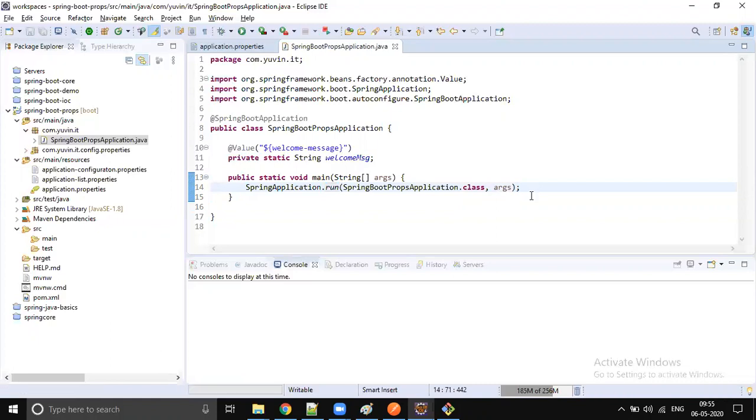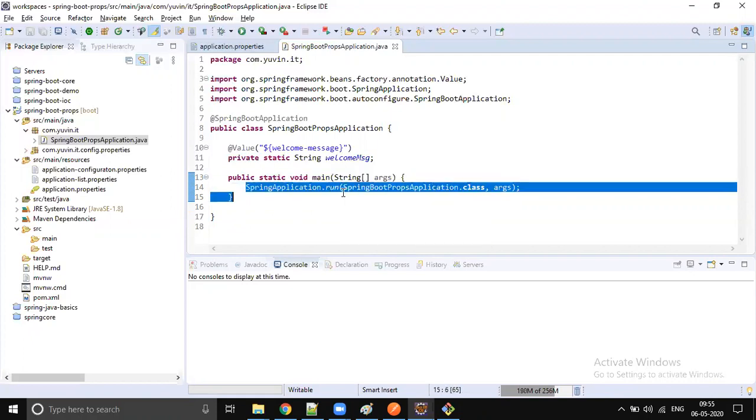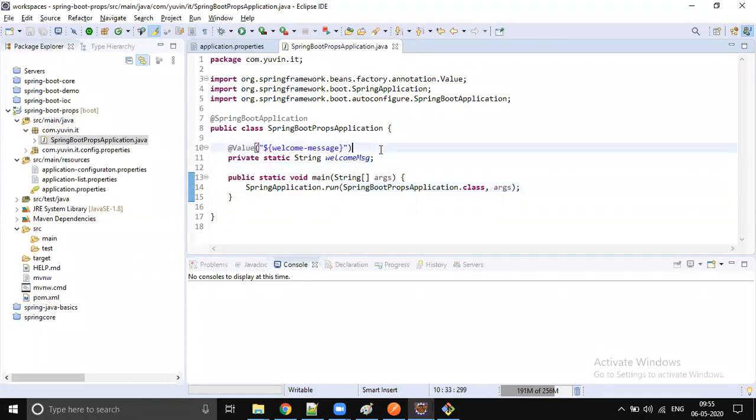Whatever we have been doing till now, application context dot get bean, is not a good programming practice. We don't do that in real time. So in your main method you always have Spring application dot run. Then how should I print this welcome message? You said it is not available and you're not supposed to write in the main method. Then what is the other method? Where should I start my application?